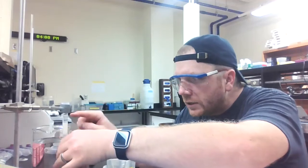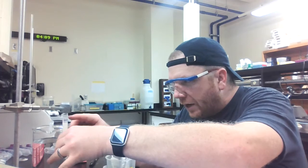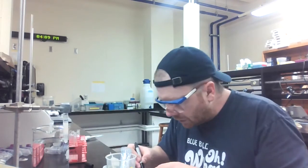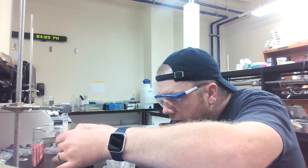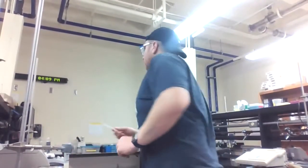My real goal is to get this solution down to that second black line, the lower black line, because then whenever I add my elution buffer, that elution buffer is not going to be diluted at all. So it looks like I might take more than a 16th fraction, but instead I've got to basically just get this buffer as low as I possibly can. For the sake of organization, my 17th fraction is just going to be the result of my wash buffer and none of my elution buffer. So I'm going to go get my elution buffer,